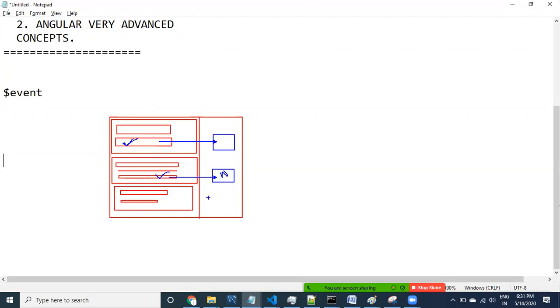Only one employee I have to display, because there are so many employees. I would like to click on one particular employee, bring that employee's information, and then display it here.